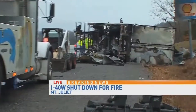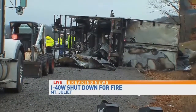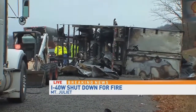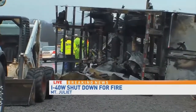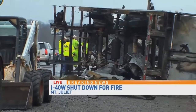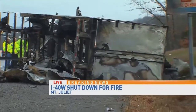You can see that tractor trailer now finally no longer smoking, no longer having flames spewing out of it as it was for about 3.5 hours this morning. We do know that the driver was okay. He believes that the brakes overheated. He was able to pull off to the side of the road, exit the vehicle, and no other cars or trucks were involved. But crews were battling those flames for many hours this morning,